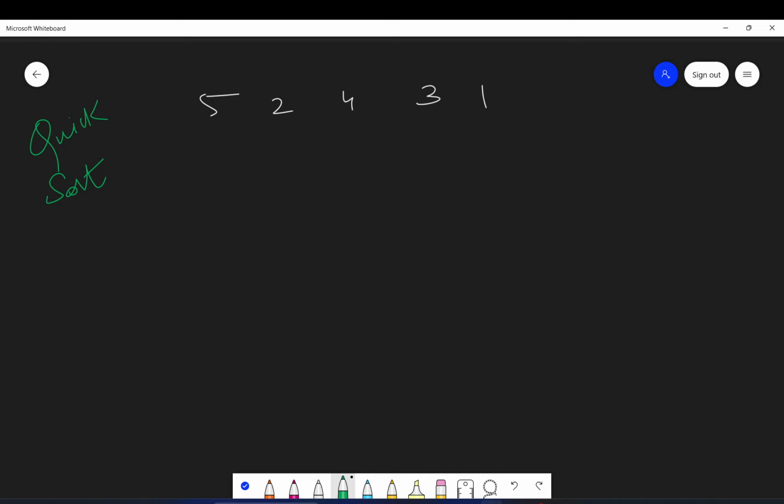I hope you have followed the series and you are clear with bubble, insertion, selection, and merge sort. So let's see what is quicksort. I will basically give you the crux of quicksort, like what we do in quicksort. So in quicksort, we take a pivot element. You call this the pivot element.